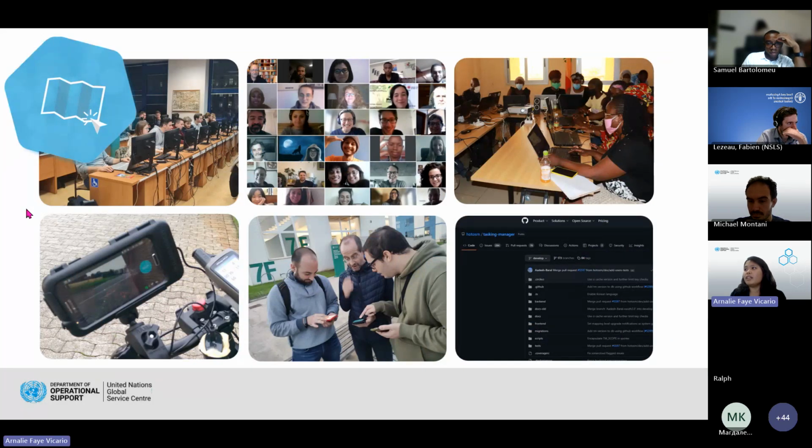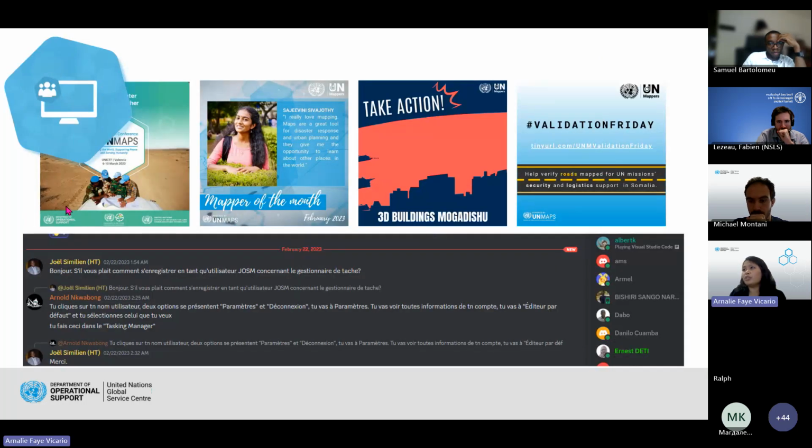And then a way to become a UN Mapper is, once you learn how to map, you actually map. We have contributors who also do field mapping, or have done field mapping in the past, as well as a lot of remote mapping. And then join the community once you've mapped. And the community is always here.